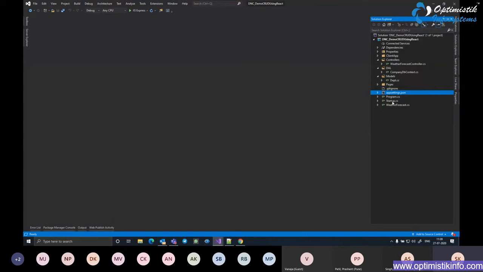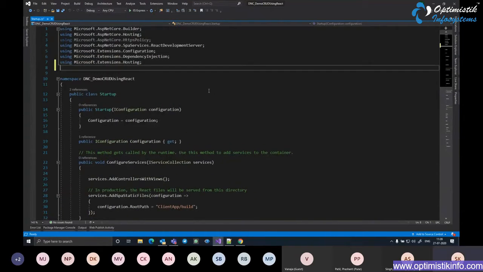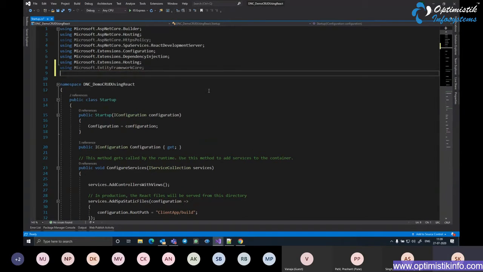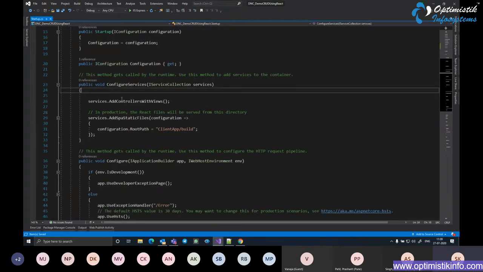And then open your Startup.cs file, wherein first of all, I'm going to import a couple of namespaces, starting with Microsoft.EntityFrameworkCore, followed by the namespace that represents my DAL class. So it will be DNCDemoCRUDUsingReact, that is the project name, .DAL. And then move into the ConfigureServices method, where just before this AddControllersWithViews statement,